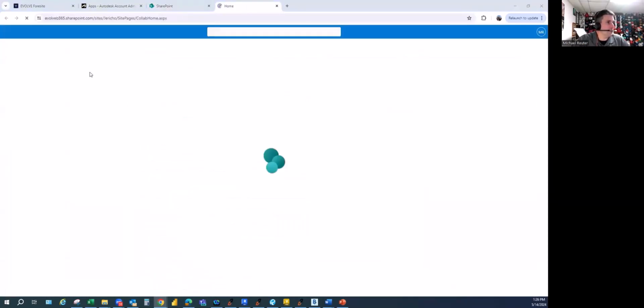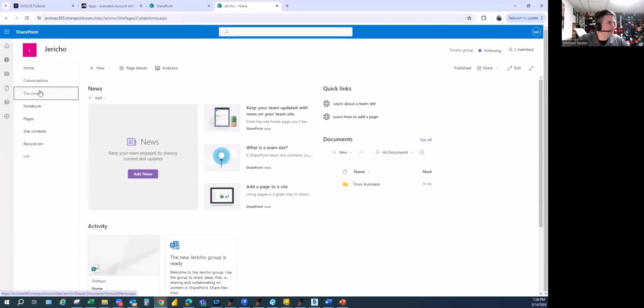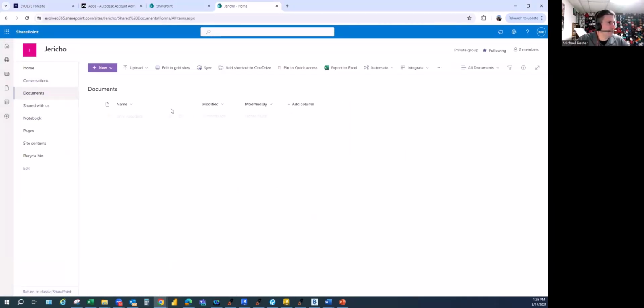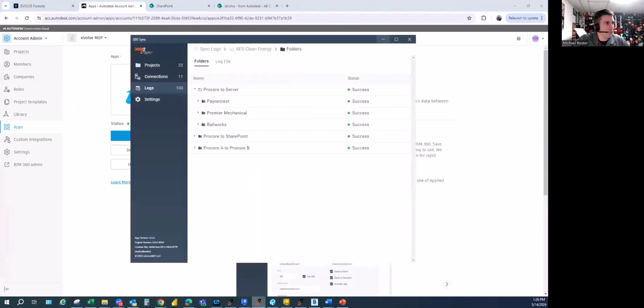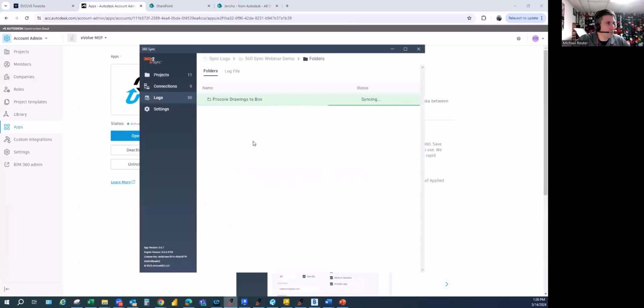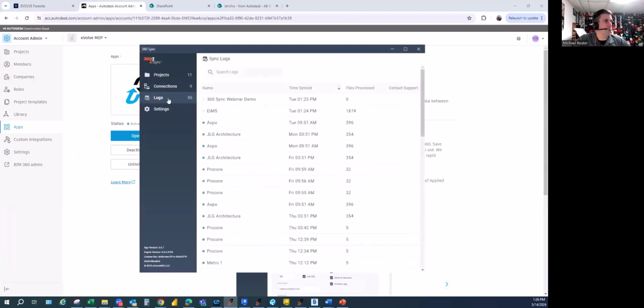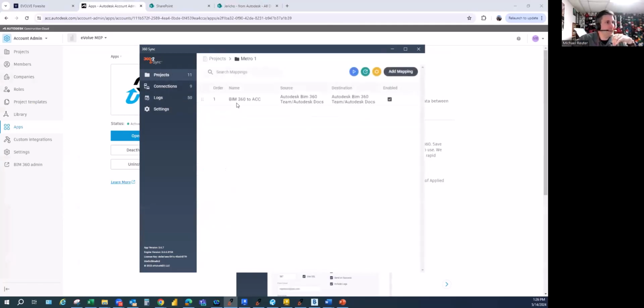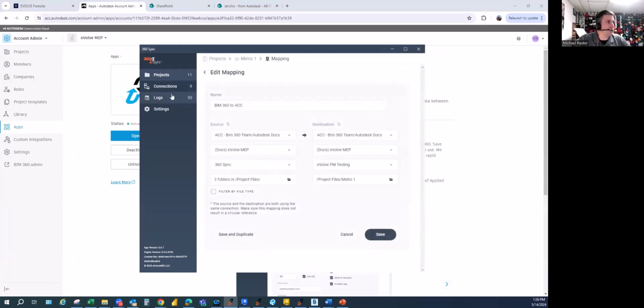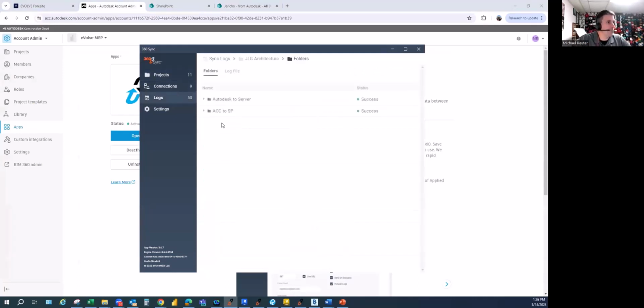Okay, so we'll come over here to this one. So this is where we're moving everything for SharePoint. So it hasn't started with that one yet because the first one that it's copying is the Procore drawings. But basically that's it. It'll go through, it'll give you the progress. Since that one's going a little bit slower, I'll kind of show you what it looks like when it's